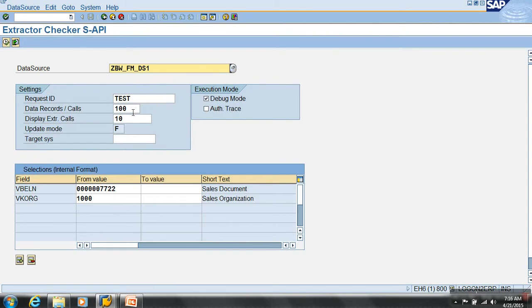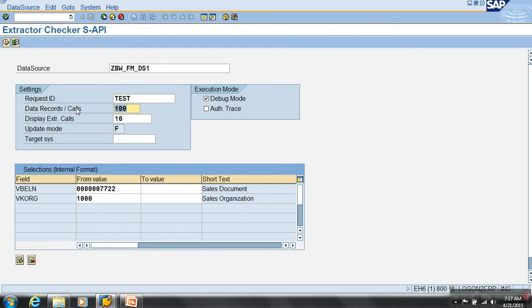So see, now look at this. I'm not calling my code from the BW info package. I'm just calling it from RSA3. It's like a simulator. When you trigger it in RSA3, it's the same as running an info package, just in simulation mode. The request ID would be test. If you trigger from BW, it forms like REQ or something. Since this is simulation mode, it comes with the request number test. And 100 records per call.